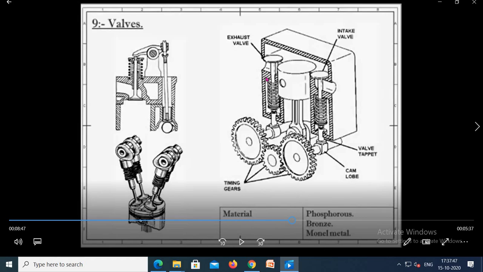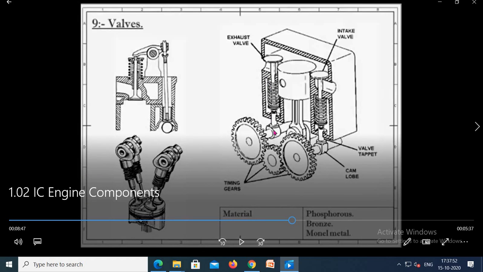and after that the engine is filled with the burnt gases. Then at that time we have to expel the burnt gases outside the cylinder. So at that time the piston moves from bottom dead center to the top dead center, and at that time the exhaust valve remains open. So there are two types of valve. One is the inlet valve for entry of the fresh charge, and another is the exhaust valve for exit of the burnt gases in case of our